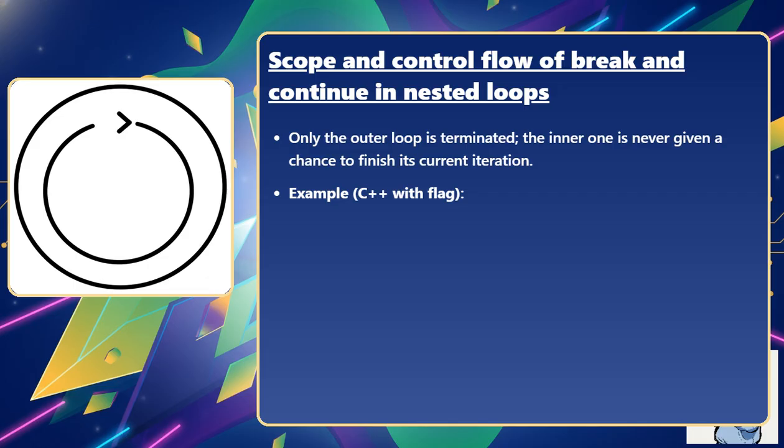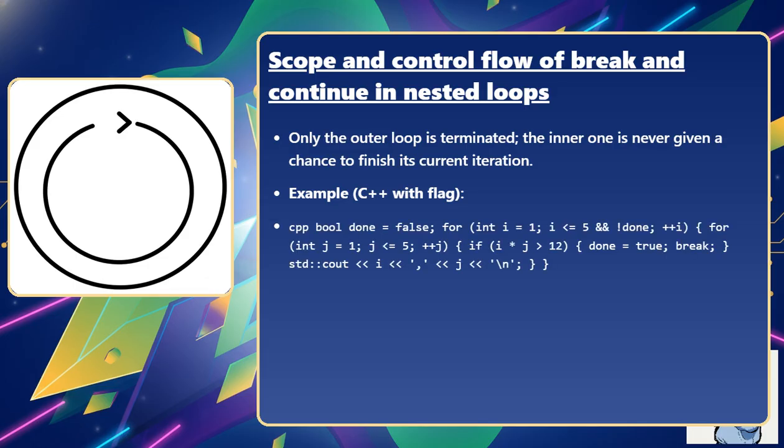Example, C++ with flag. bool done = false; for (int i = 1; i <= 5 && !done; ++i) { for (int j = 1; j <= 5; ++j) { if (i * j > 12) { done = true; break; } std::cout << i << "," << j << "\n"; } }